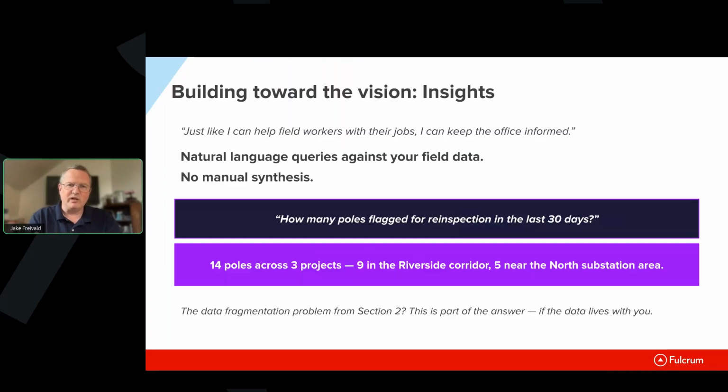One of the things that we are working toward, which is not yet available, is the ability to pull other information into Insights as well. So we can see, for example, asset management information and pull that into a query as well. There are ways to do that now using various ways of storing the data in Fulcrum, but there may be ways to do that in a more ad hoc way in the future.